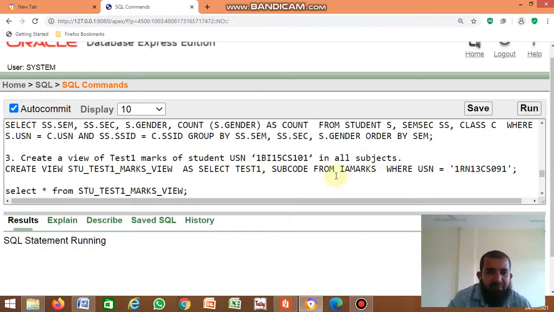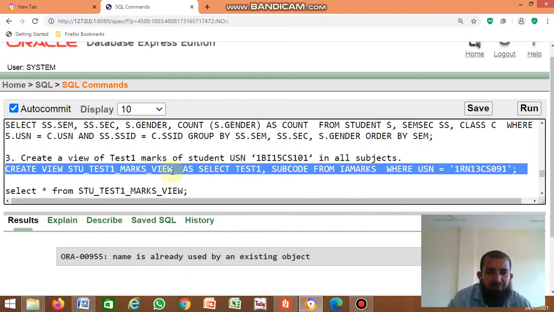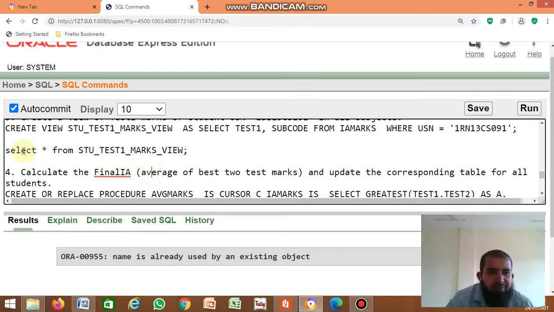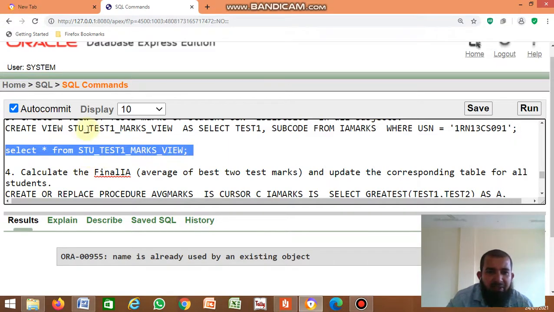Okay, the view is already created. Now display the view. Just select star from stu_test1_marks_view. The view name is what? Same name you have to give here. Select star from this view name.